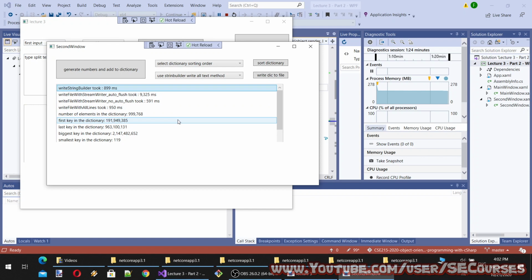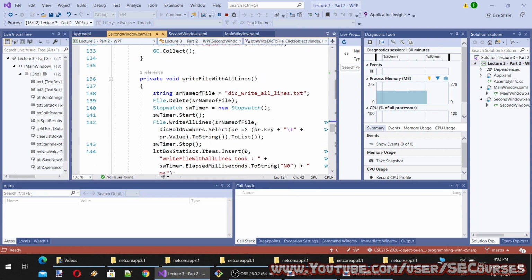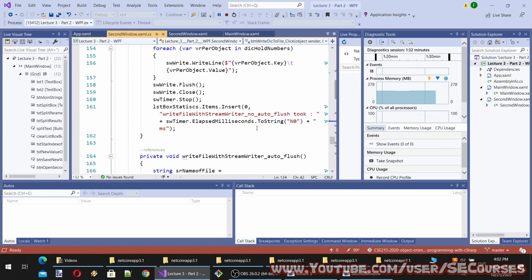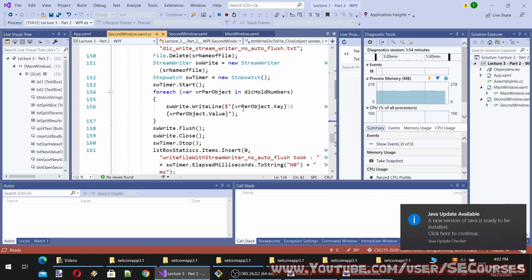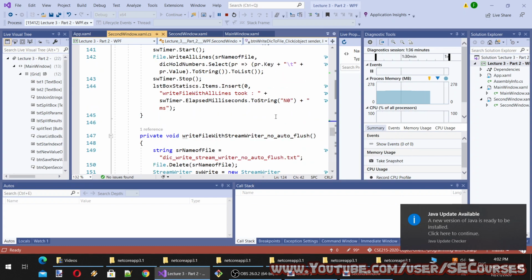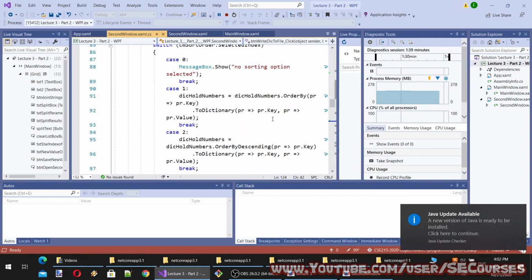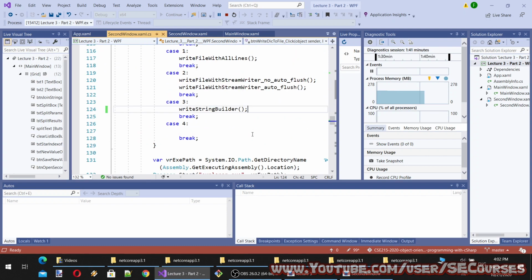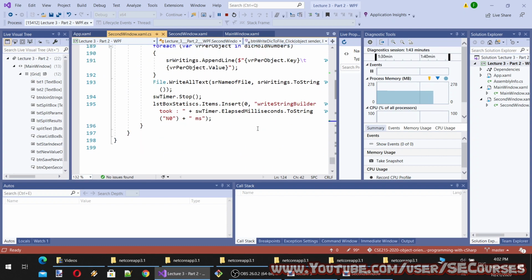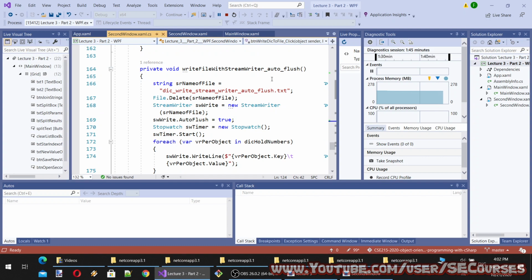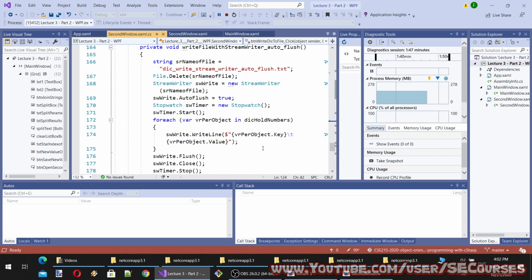However, when the data gets bigger, we are having a problem with the StreamWriter. So perhaps we can use threads and tasks, or use autoflush.